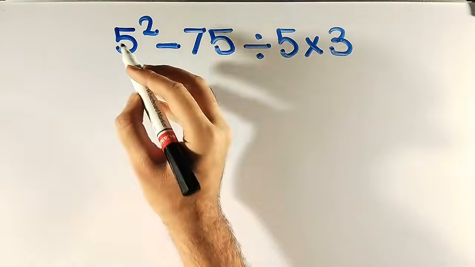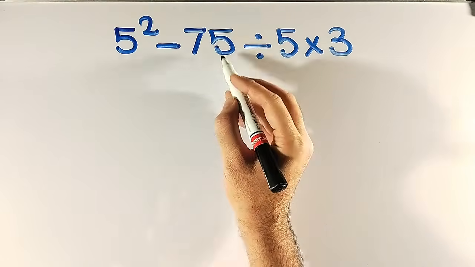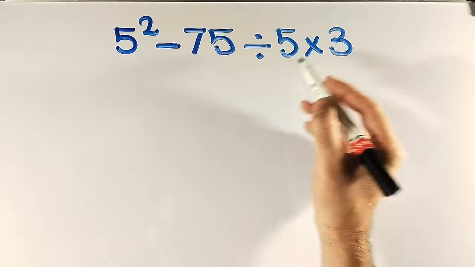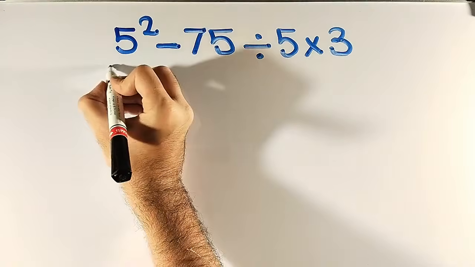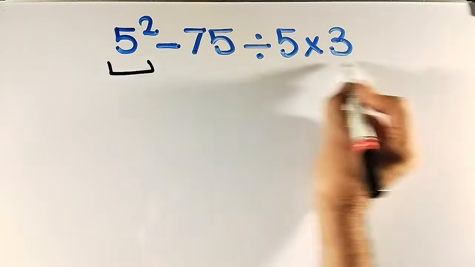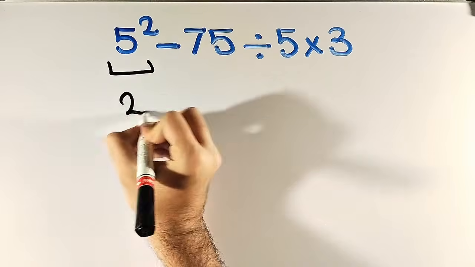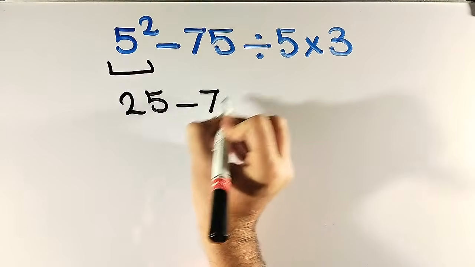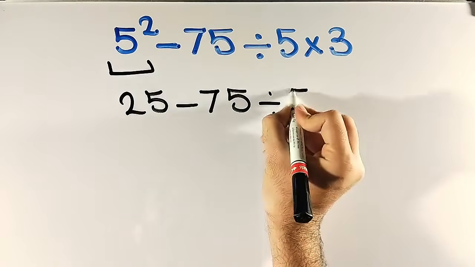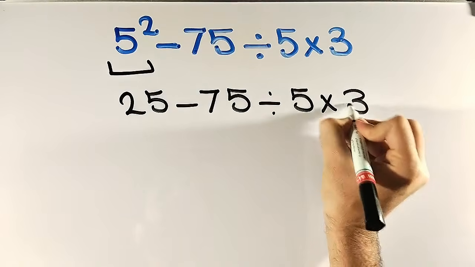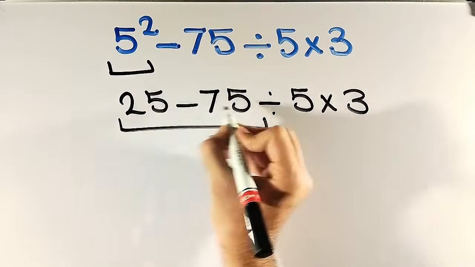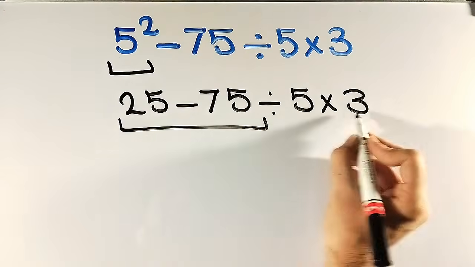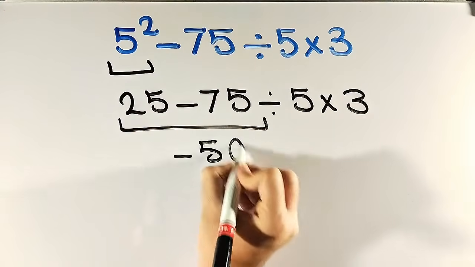What is the value of the expression 5 squared minus 75 divided by 5 multiplied by 3? Many people, when solving this question, first go for the exponent, and instead of this expression, they write 25 minus 75 divided by 5 multiplied by 3. And the next step, they go for the subtraction between 25 and 75 and write this expression as negative 50